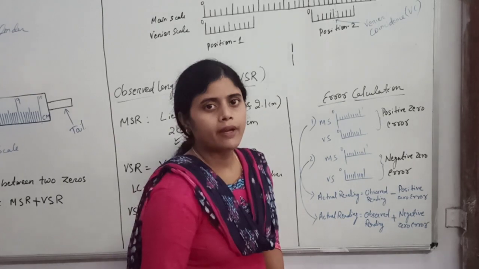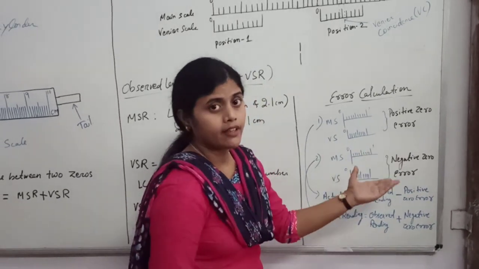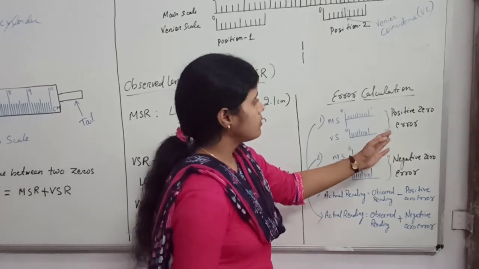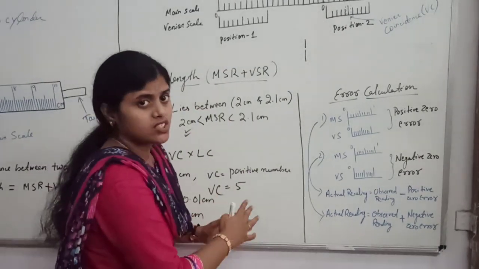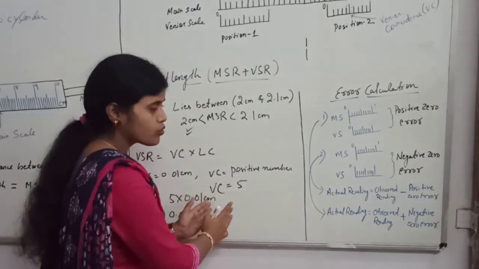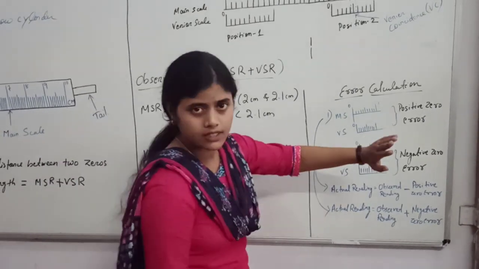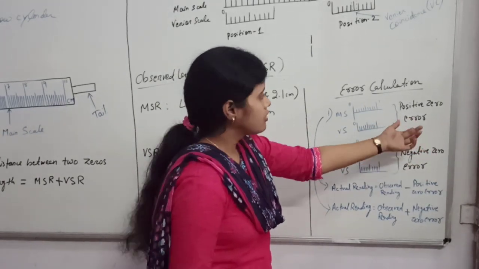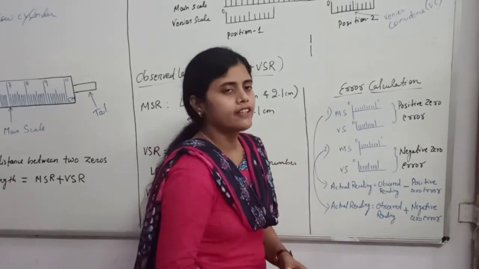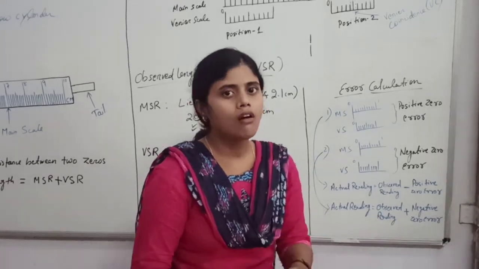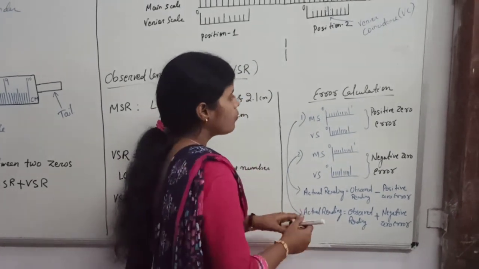So if the instrument contains error, how do we find the value of the error? I had not told you about the calculation earlier because the concept of VC was not understood at that time. Now you understand the concept of VC, vernier coincidence, and how to find it. Now it will be easier to calculate the value of this error. First of all, I already told you, you have to locate whether your instrument has positive zero error or negative zero error.